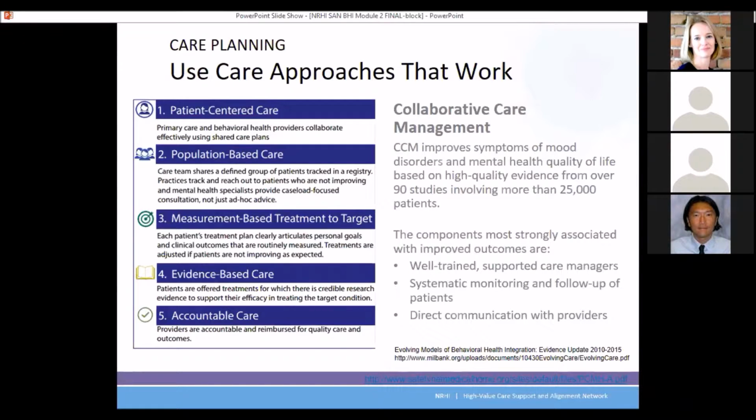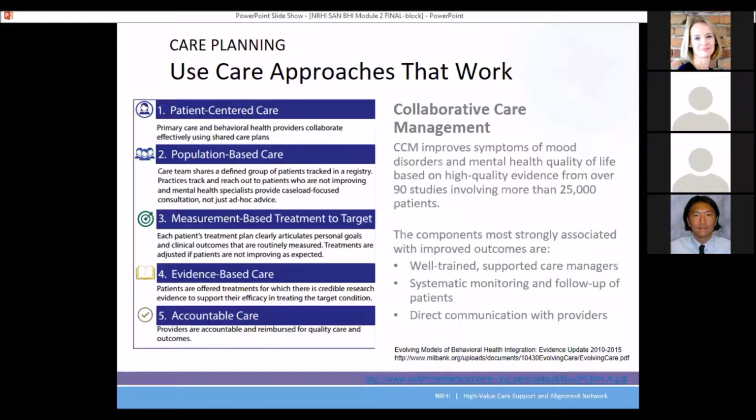Once you've done your preparation in your practice and built some of the skills and tools, and you've started to develop an approach to your care and patient engagement, you need to have a really good approach to care planning. And luckily, there's a well researched approach called collaborative care management. Not only has it been done in research practices, but it's been done throughout the country in real practices like yours. And these people who've done the work in this area, many of whom are involved with NRI, have an